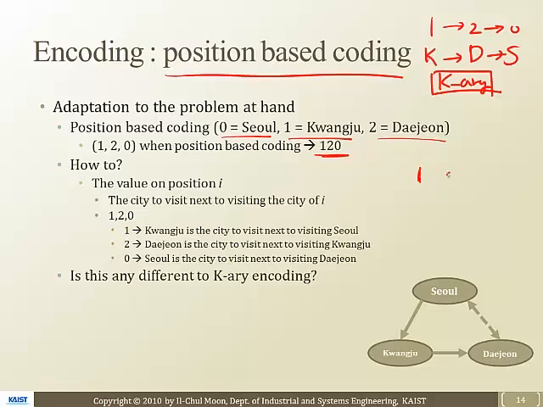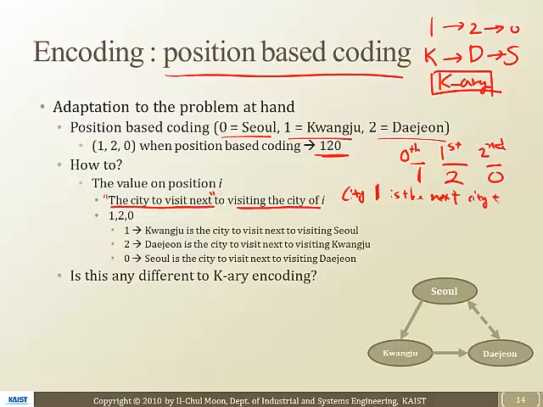So I'm going to write down 1, 2, 0, and that is the zeroth position, the first position, and the second position. In the position-based encoding, the meaning of this 1, 2, 0 sequence is that each value is the next city to visit. It means that city 1 is the next city to visit